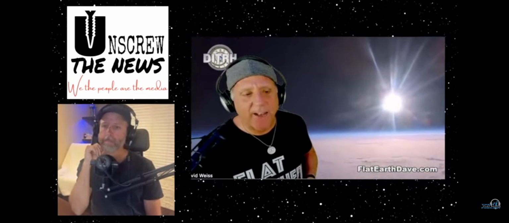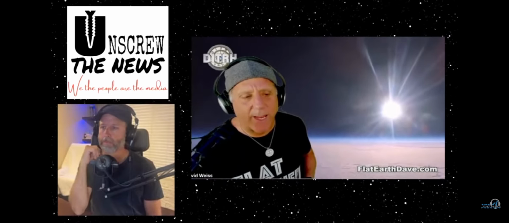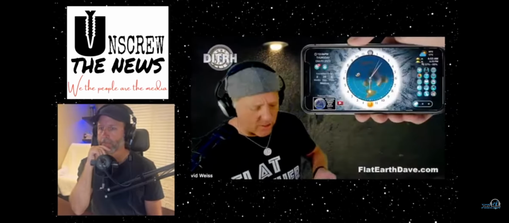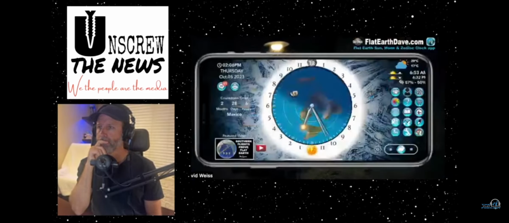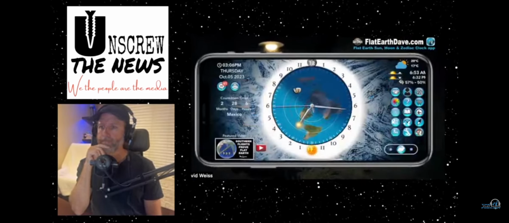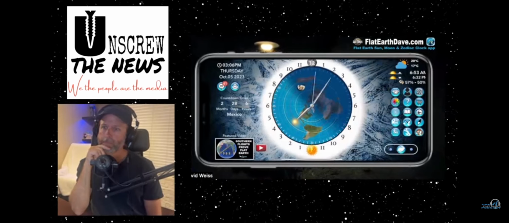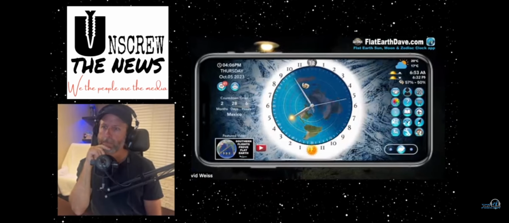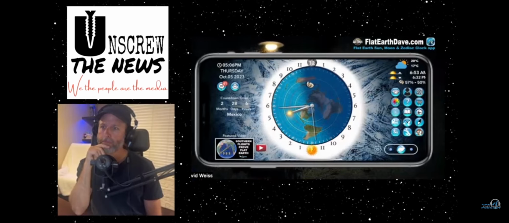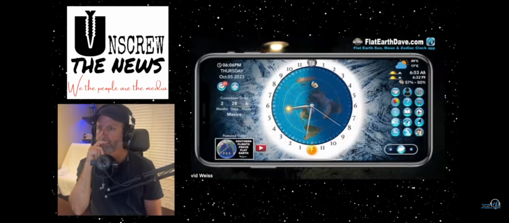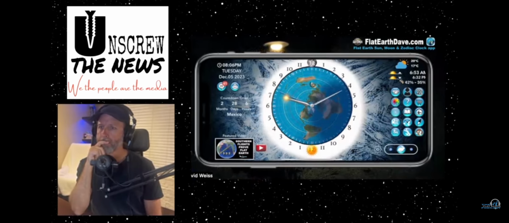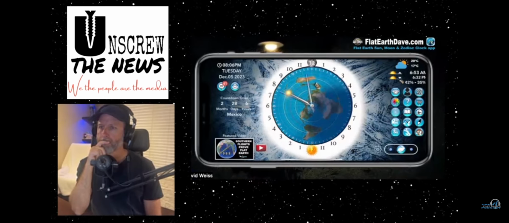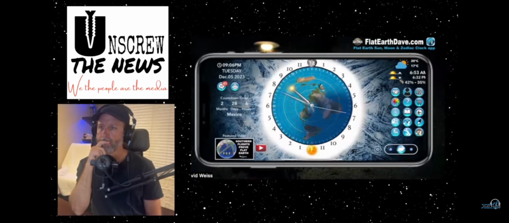Now, let's look at that on a flat Earth and see why that would be. Okay, so here we are. Let me make this a little bigger. So if you look at the inner yellow line, that's June, the Tropic of Cancer. And the outer yellow line is the Tropic of Capricorn. Let me go forward: October, November, December. In December, the sun is all the way out over the Tropic of Capricorn, Australia's summer.